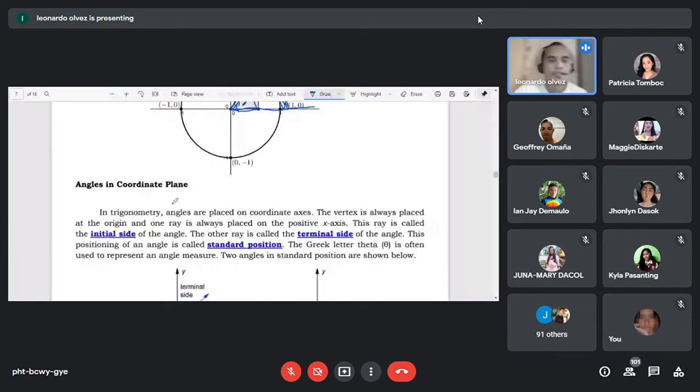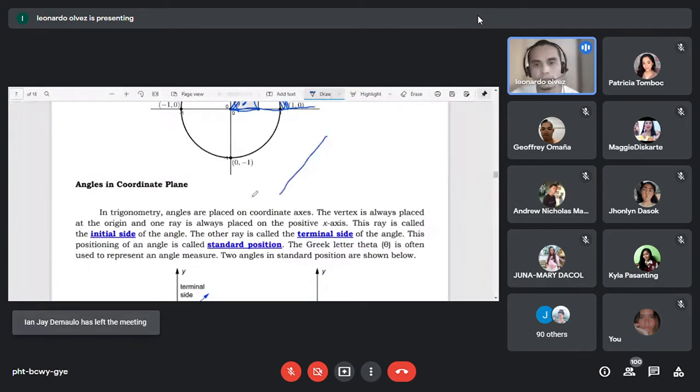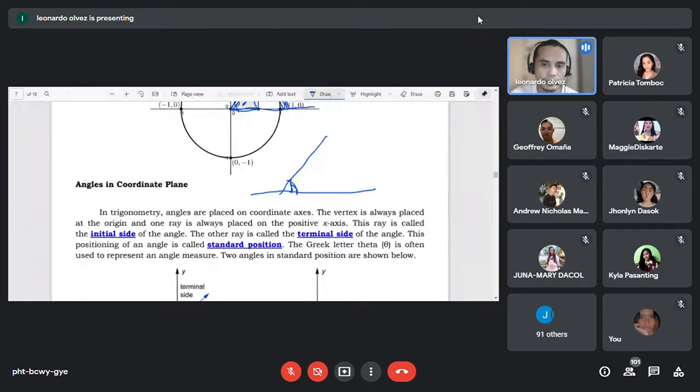So angles in the coordinate plane. If we have an angle, there is an initial side and the terminal side. So the initial side, of course, if we are going to measure our angle using the protractor, depends on your angle, whether it is clockwise or